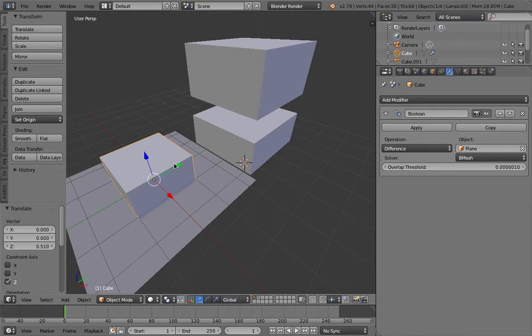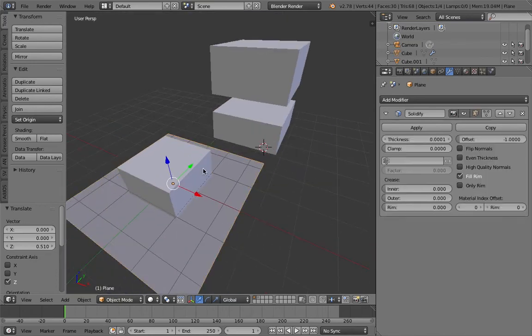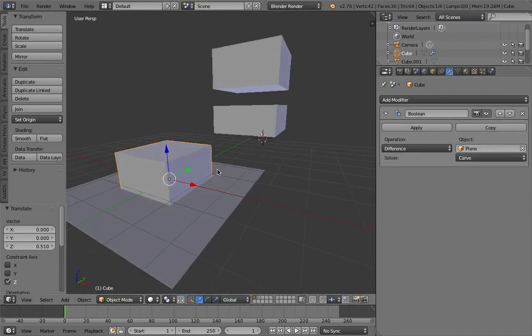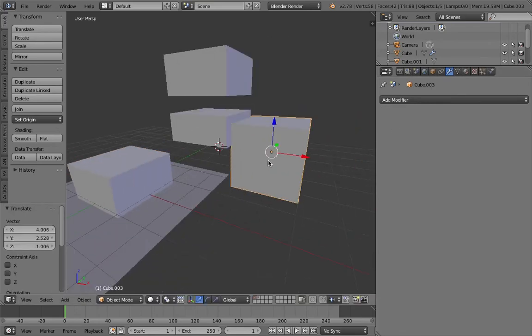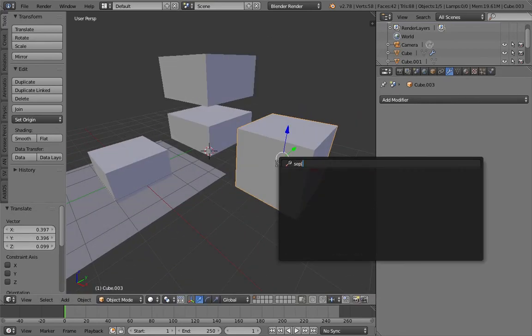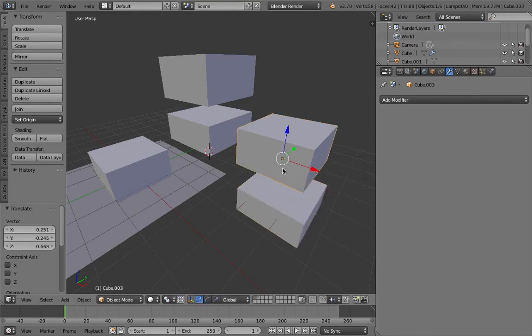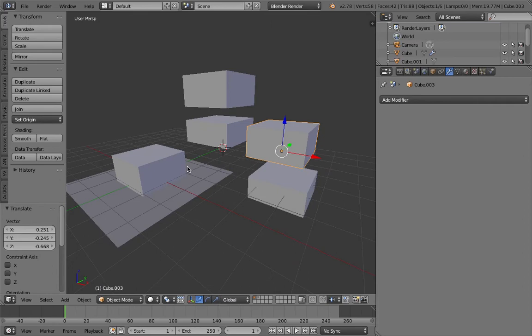Sometimes you get hollow bits, but if the hollow bits happen, you want to switch to carve. I'll duplicate it and reapply, and let's have a look. Separate loose parts. And then